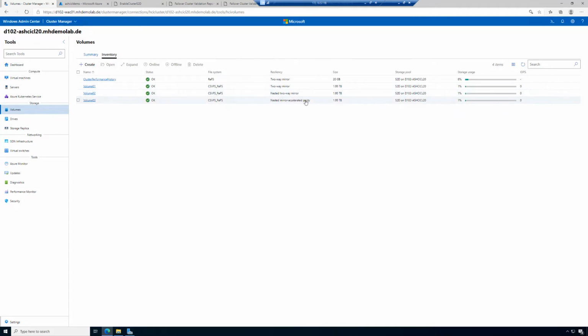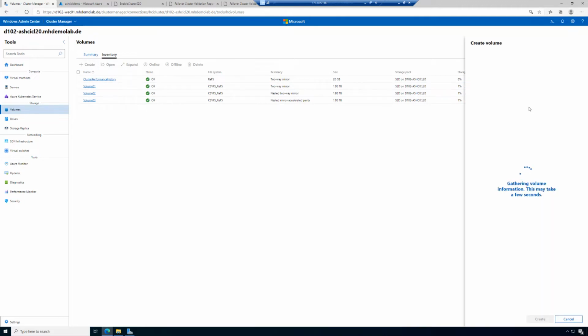This is not possible for the nested mirror accelerated parity. It's also not possible in the 3 or 4 node configurations. If I realize, oh, volume 1 is too large, I want to have a smaller volume 1, then I have to create a new volume